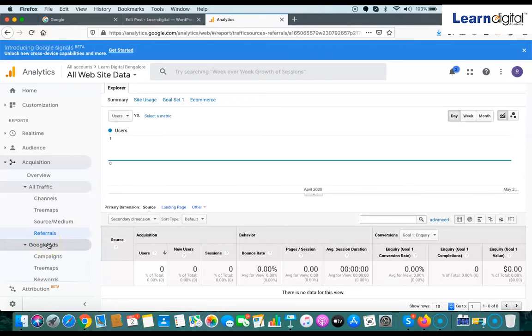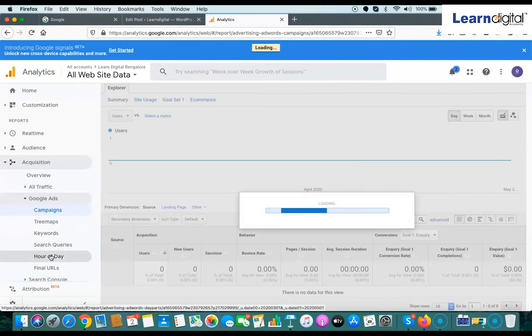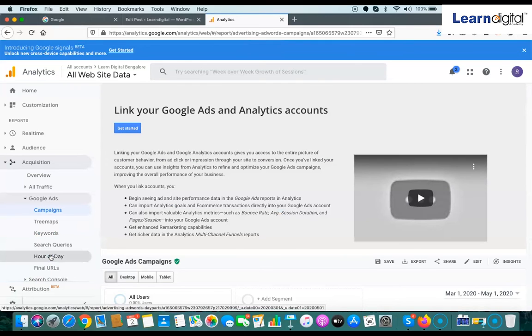And Google Ads data will also appear here. If you have enabled Google Ads, if you have connected your Google Ads with Google Analytics, Google Ads visitor data will also show here. You can also check those data in your Google AdWords platform reporting dashboard. But if you want to see Google Ads data in Google Analytics, then you will need to link Google Analytics with Google AdWords, which we will be learning.